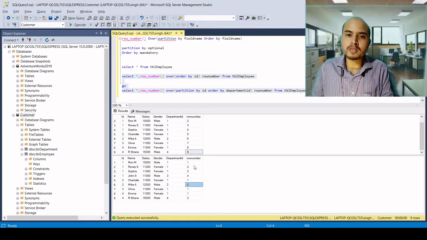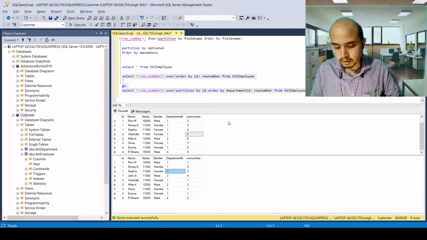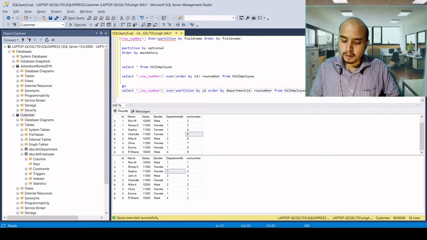That's why it was optional. It's up to us whether we want to partition on the basis of group or not. If I do not want the partition, I will not use PARTITION BY. If I want to group it, we can use PARTITION BY in the ROW_NUMBER query. So here you can understand how we can delete the duplicate records.